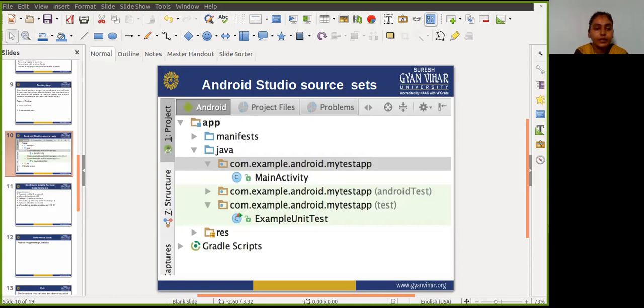These source sets correspond to folders in the src directory for the project. For example, the files for the test source set are located in src/test/java.